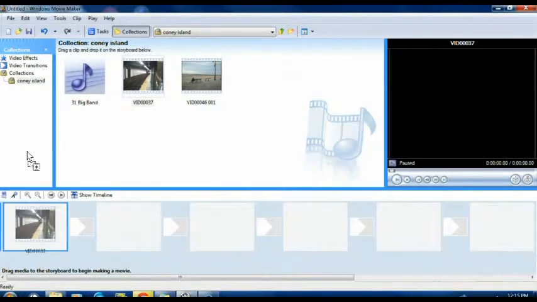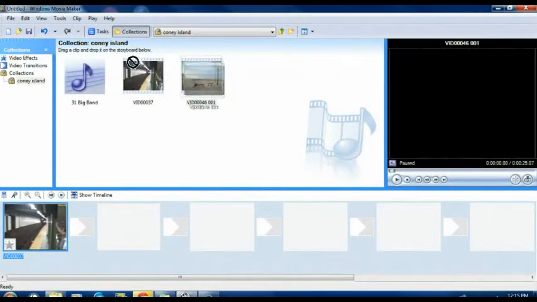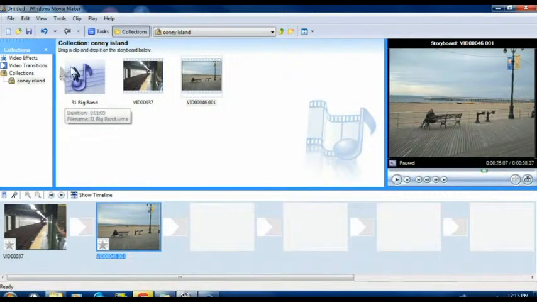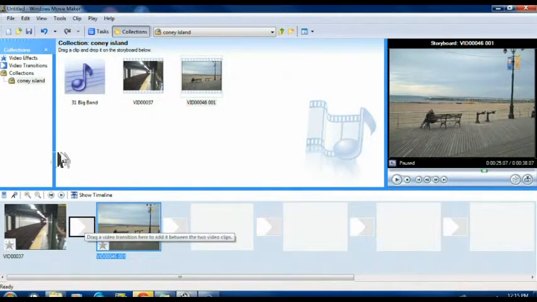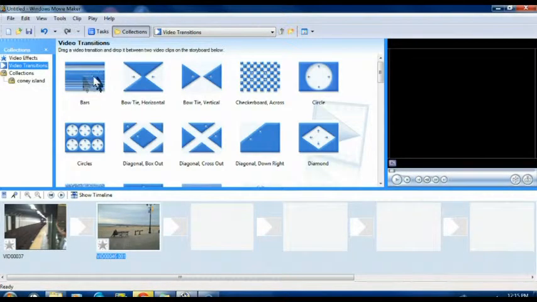But we'll drop the first clip in, and we'll drop the second clip in. And incidentally, if you have a long piece of video, Windows Movie Maker will break it up into little segments, so that's a nice feature. Now, this box here, you can read it. It says drag a video transition here and add it between the two video clips. So we'll go right into video transitions,